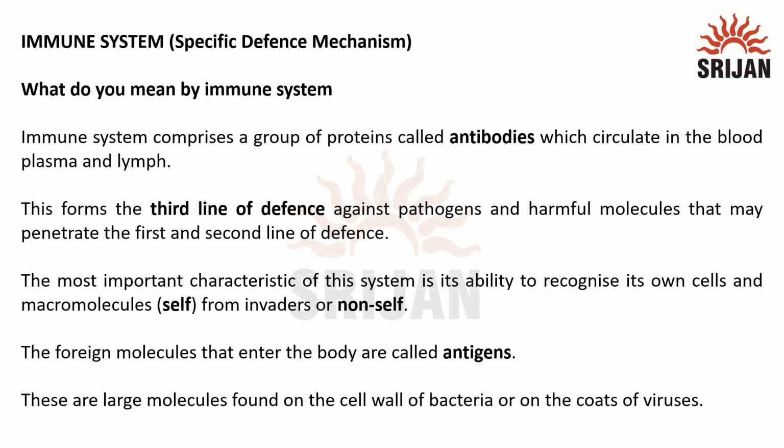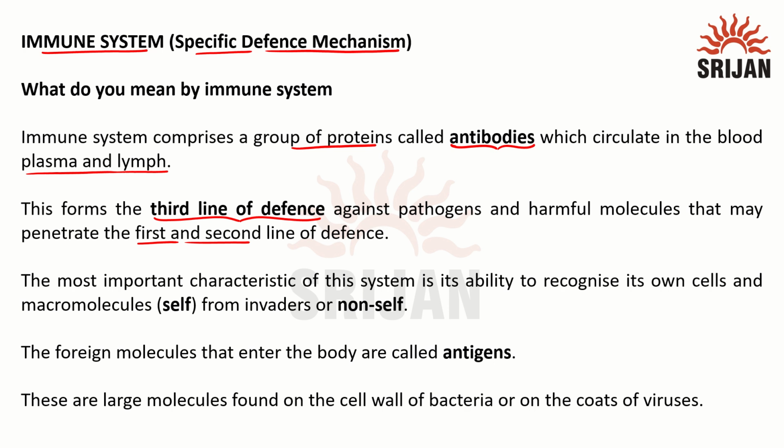In this video, we will see about the immune system, in particular about the specific defense mechanism that is present. So here we have the immune system, which comprises a group of specific proteins released by WBCs, that is antibodies, and these keep circulating in the blood plasma and in the lymph, and this forms the main and specific defense mechanism and forms the third line of defense against pathogens and harmful microbes, which are able to penetrate the first